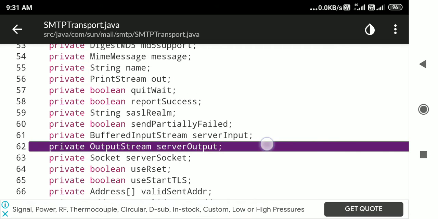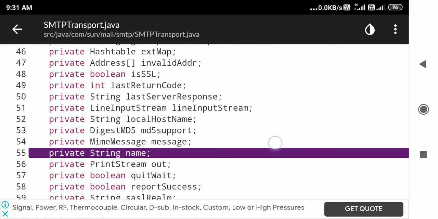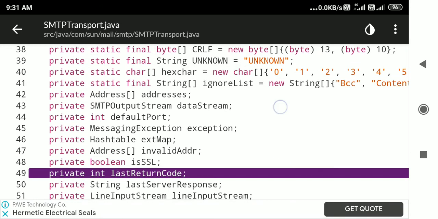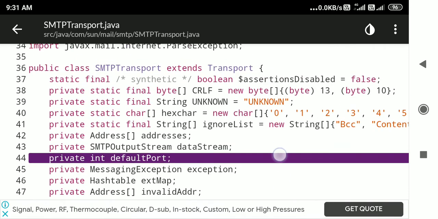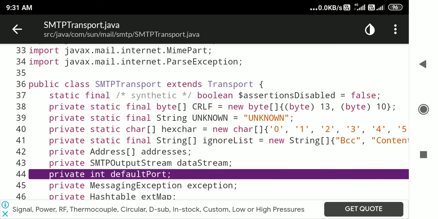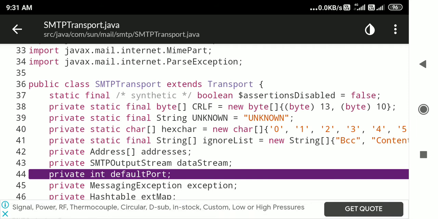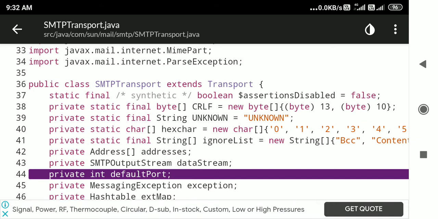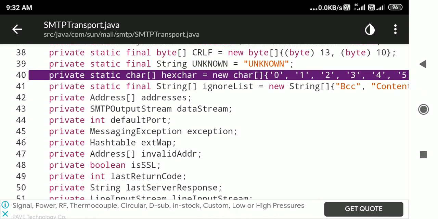Now what are the parameters you are going to send? These are the variables you have to send to it, something like global variables and local variables. Now some of the global variables of SMTP transport extends transport: these are the things you have to pass. You cannot use static, final and so on.